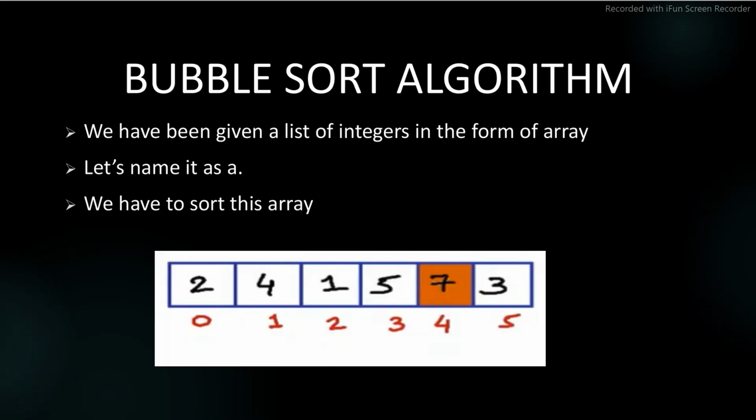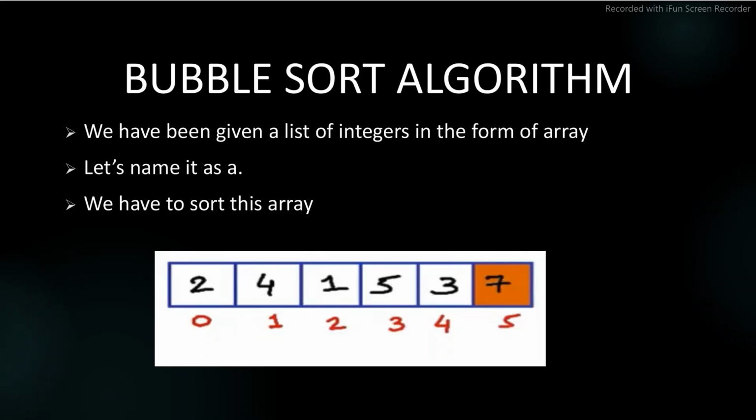And now we will check index 4. This whole process is pushing the number 7, which is the largest in the array, towards higher indices at each step. When we are at position 4, once again 7 is greater than 3, and so we will swap. There is no next element for index 5, and at this stage we are done with this pass. As we can see, 7, the largest element in the array, is at its appropriate position. We can say that 7 has bubbled up to the rightmost position.